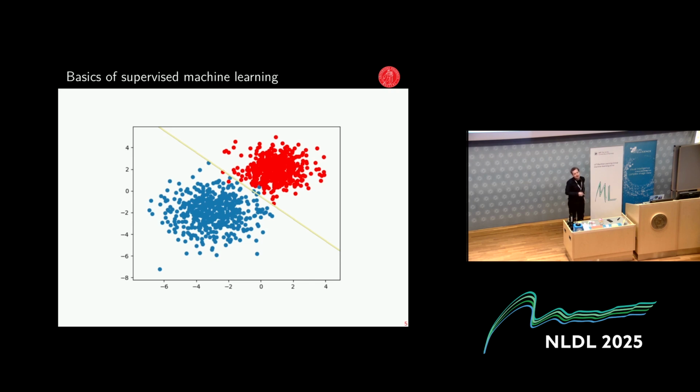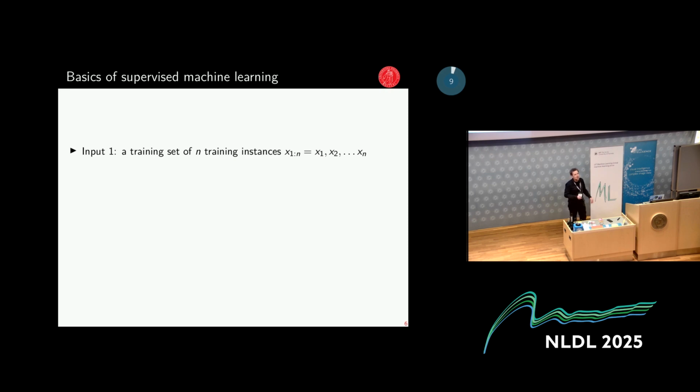Like in this example of making predictions on a data set with instances belonging to 2 classes, blue points and red points, right? So the input of a model is some set of training instances, for example, email messages, which,